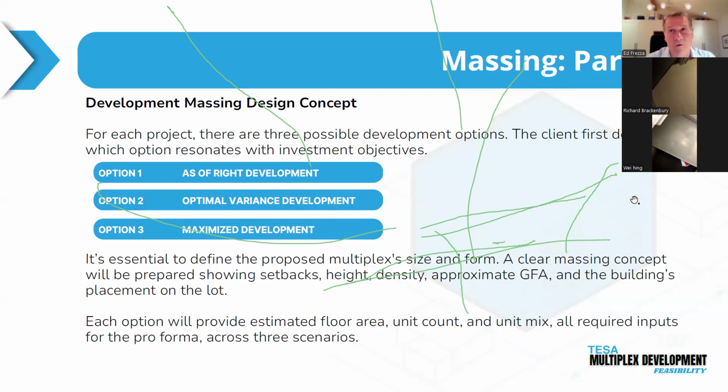Oftentimes, we recommend clients go in the option 2 method because for a minor variance to the design, we could see that there is an unusually greater benefit in terms of returns. So a little bit of time, a little bit of money to get through the committee of adjustment results in big results. Now, how do you figure that out? Well, it's not your job to figure that out. That's why you have your service providers and professionals to determine what the dollar amount is, the cost of going through that, and the potential benefit, and the probability of winning.